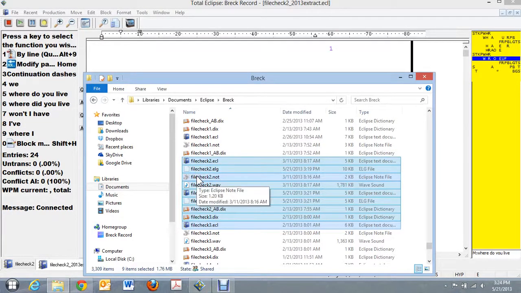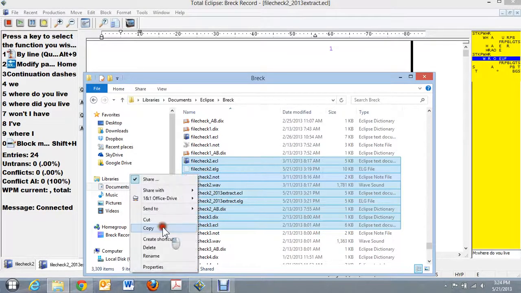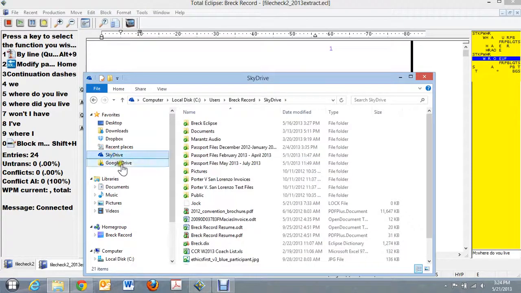I can copy it, Control C, or you can do a right click, copy, and I can go over here to my Google Drive and my SkyDrive and put them wherever I need to put them